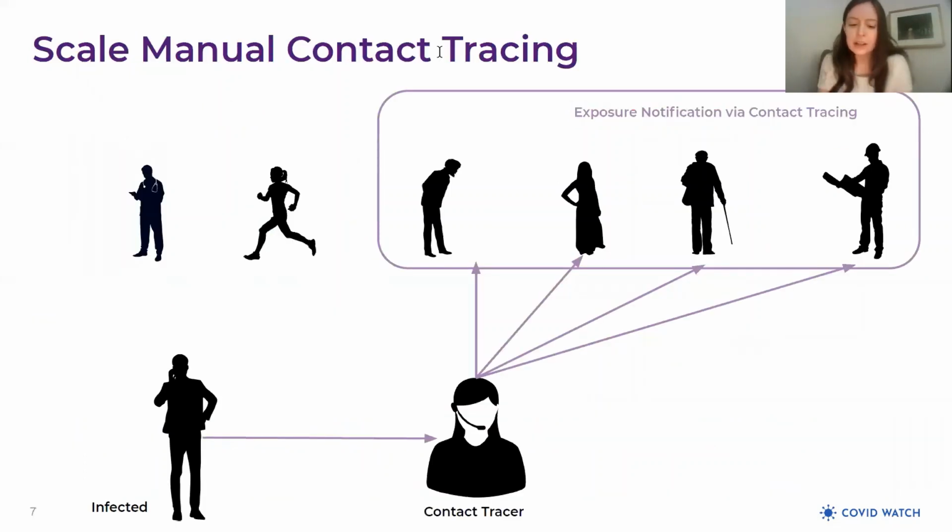So the idea here is that contact tracing works, but it's very hard to do when there are very large numbers of people who might have this virus. When the numbers are still very low, some number of contact tracers will work, and that will be very effective. But if the numbers are high, like we're seeing right now, it's very hard for manual contact tracers to contact everybody. So the idea with exposure notification is